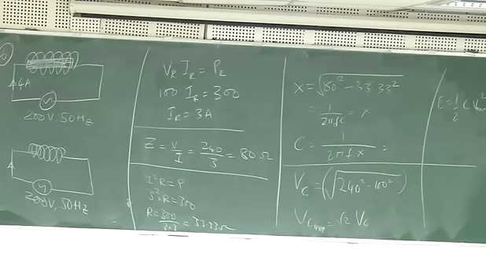Increases. How many say increases? Increases. Because the core is removed, the inductance reduces, therefore current increases. Okay, so 25 amperes. Suddenly current jumps from 4 amperes to 25 amperes.